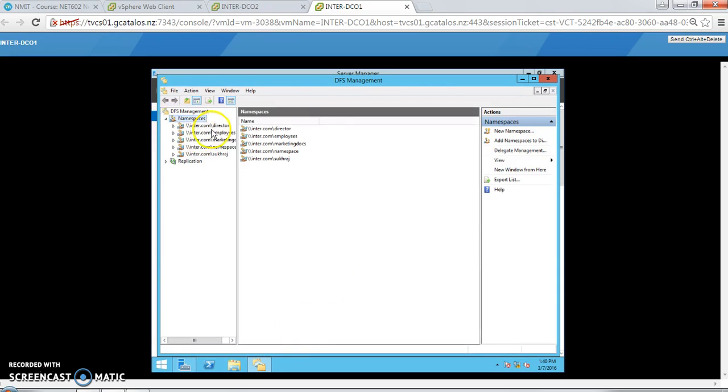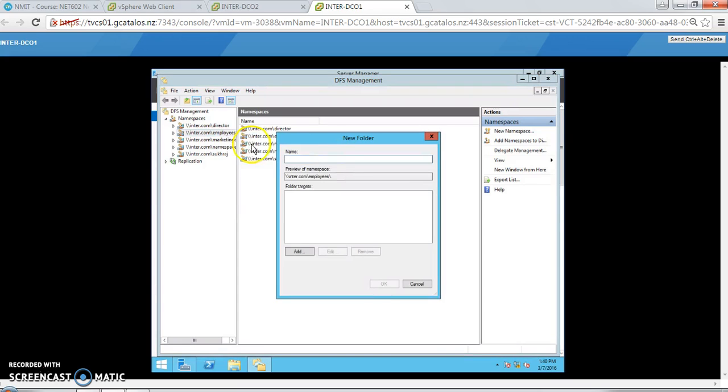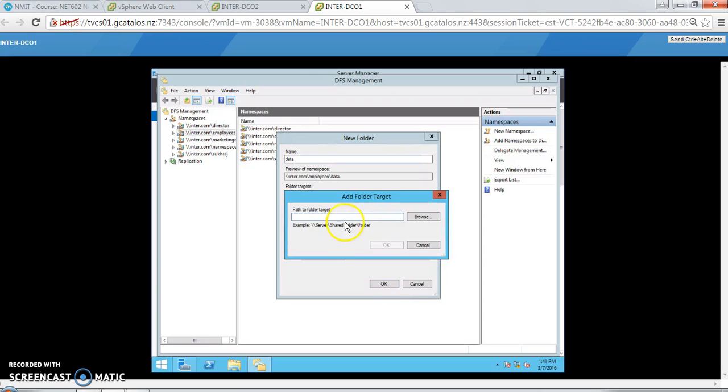The namespace named Employees has been created, but what about the folders and files that the clients should access? We're going to make that: right-click it, and we'll add a new folder here itself. The name we can say is Data, the data files that they should use. Here a target should be given where your folder has to be present or located. For that, it's like